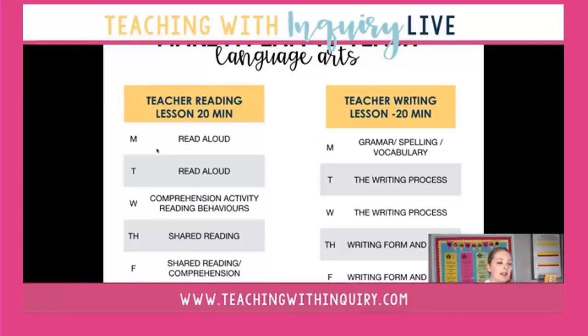So I have 2 read aloud sessions. Then I always have a session where we're looking at comprehension activity, reading behaviors, and this is also where if I need to do an explicit oral language lesson, I will fit that in. It's kind of a reading bonus lesson, if you would say, that I will pick and choose what reading activity I need to do, whether it's more shared reading, whether it's related to the read aloud, or perhaps it's an oral language or even a media lesson that would fit well with what's happening in the week.